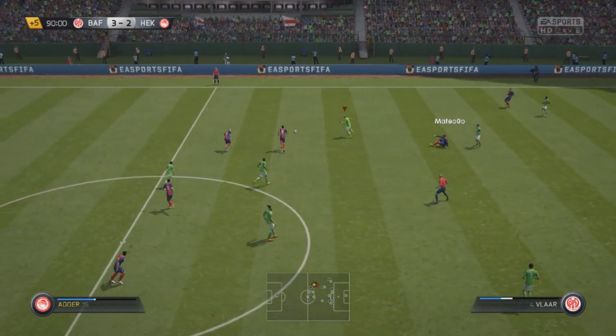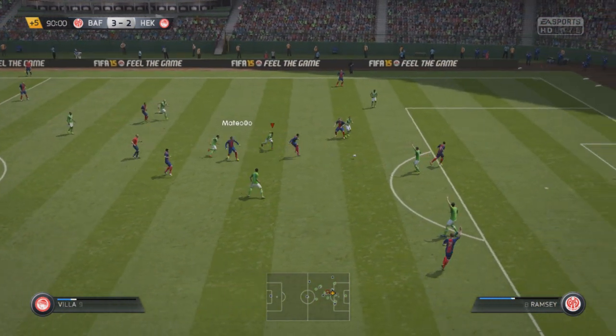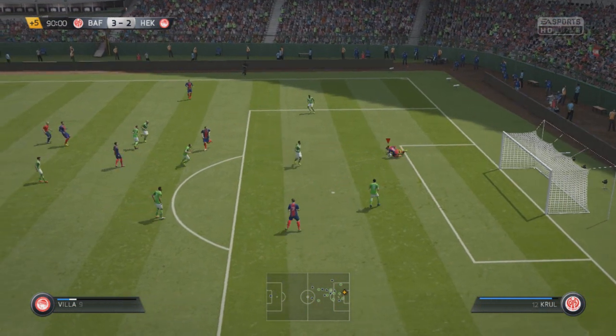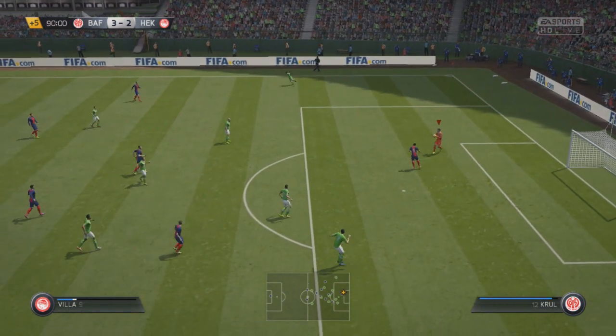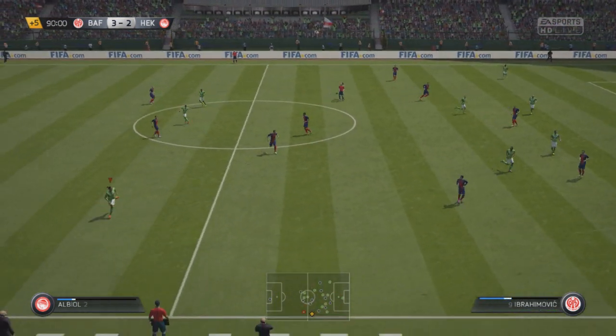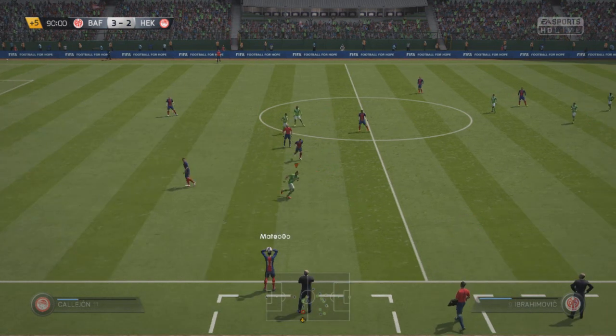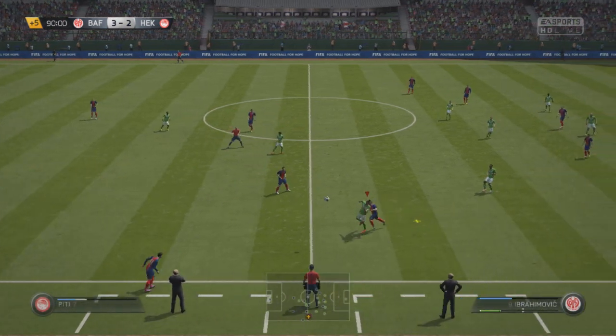Again, step up with Ron Vlaar, put the challenge in, put the tackle in, try and put pressure on, always harassing his midfielders, trying to make him have to play that killer ball to break me down. And now I've got the ball back, I can just slow it down a little bit, try and find a kick away, and that was a little bit poor. I should have found Ibra there, but that diagonal kick, which was one of my favourite tactics in FIFA 14